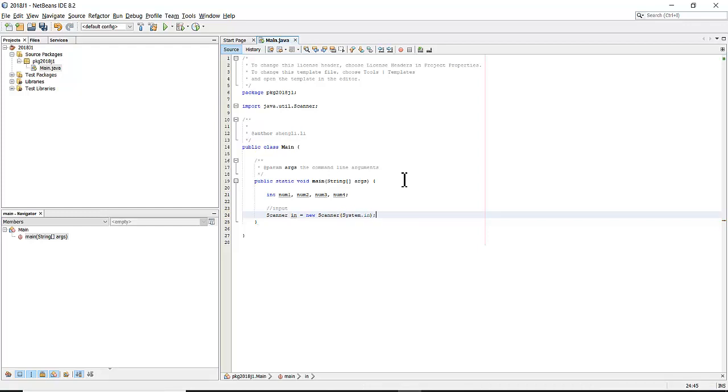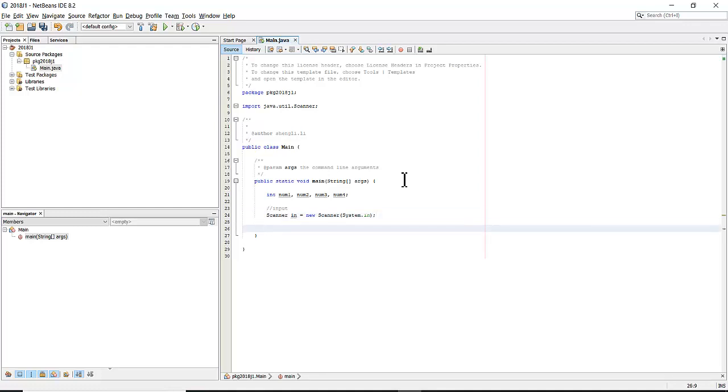The Scanner class can read the characters from the console, so read it as a string for each line, and also it does the internal conversion, as we need the numbers here, so we need to convert the string to an integer, and actually the Scanner class can do it,